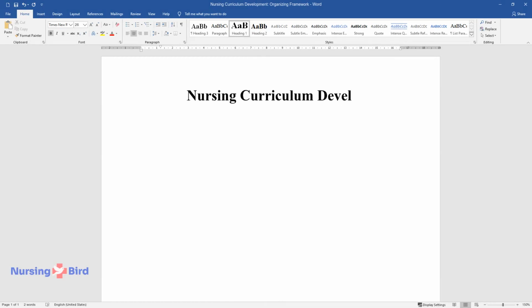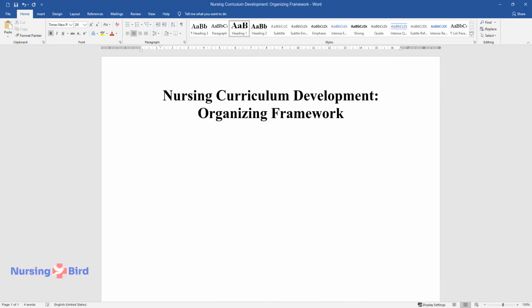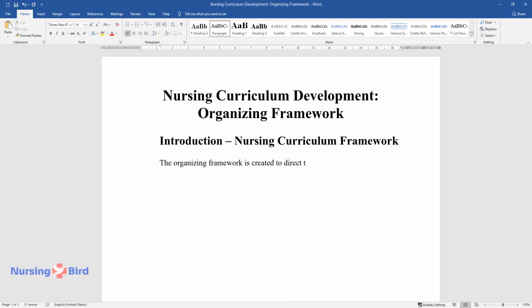Nursing Curriculum Development, Organizing Framework. Introduction, Nursing Curriculum Framework. The organizing framework is created to direct the nursing curriculum and contribute to the optimal learning